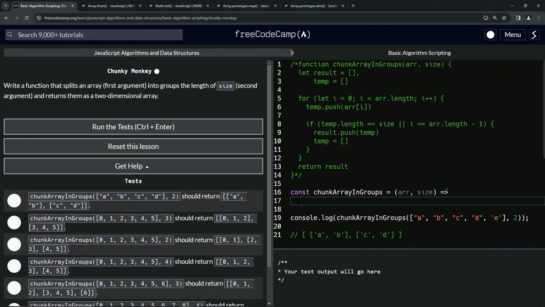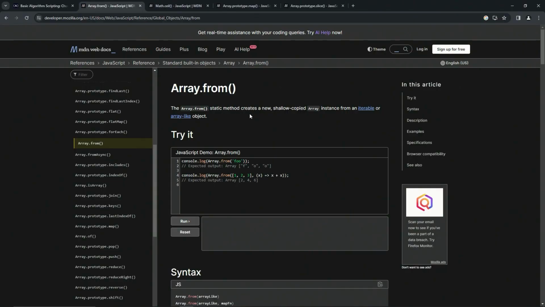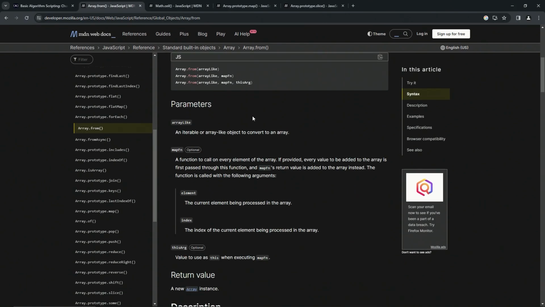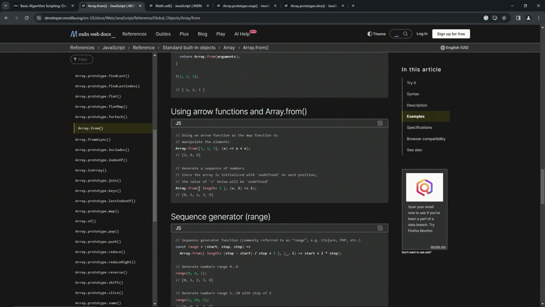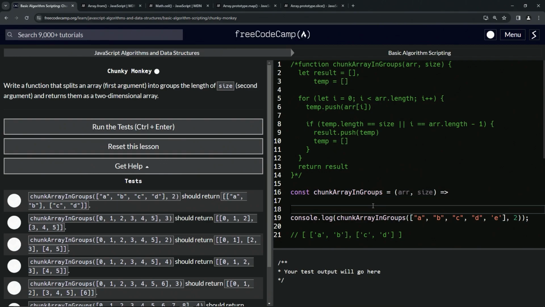So what we're going to do here is something different. We're going to create this main array using a built-in function, okay? And the built-in method we're going to use is this Array.from static method, which creates a new shallow copied array instance from an iterable or array-like object, all right? So we're going to use an array-like object, something just like this here. You see this object with the curly braces, and the length key has the value 5, right? So we're going to say Array.from,